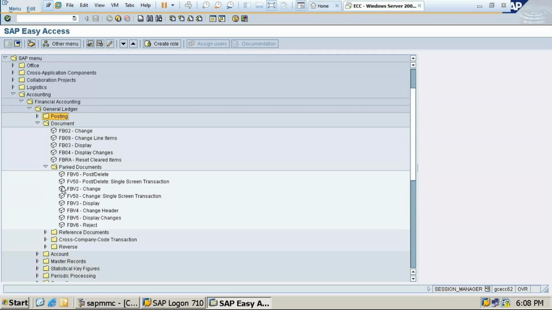So the first option you can see here is FBV0. Write the T code for this, FBV0. That is called post or delete parked document.